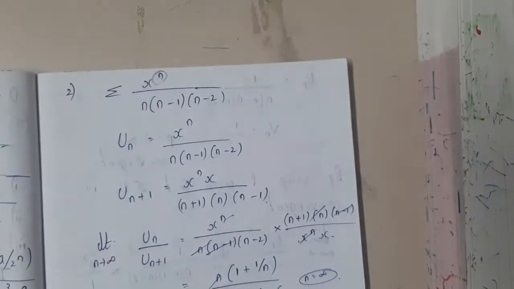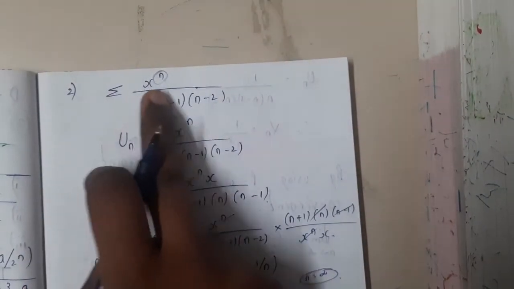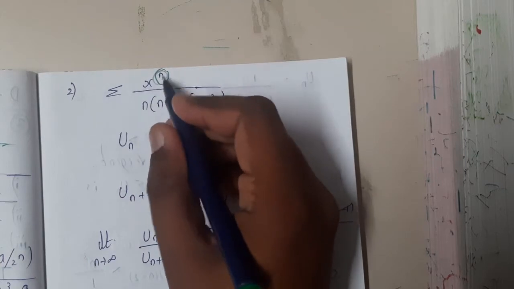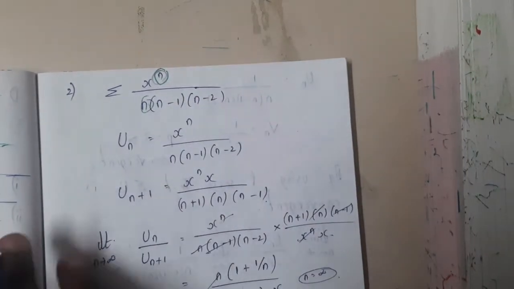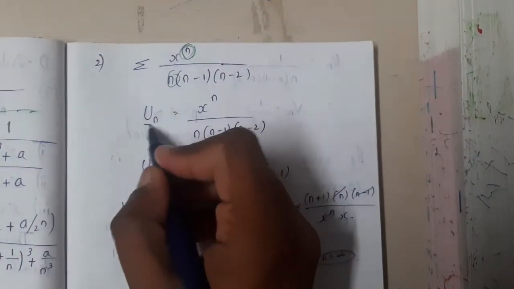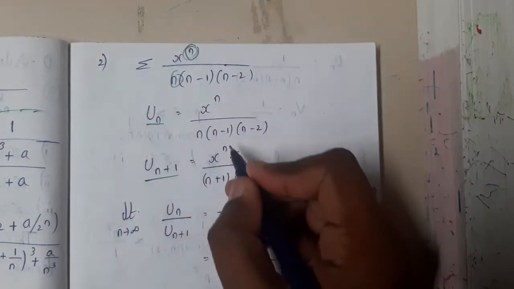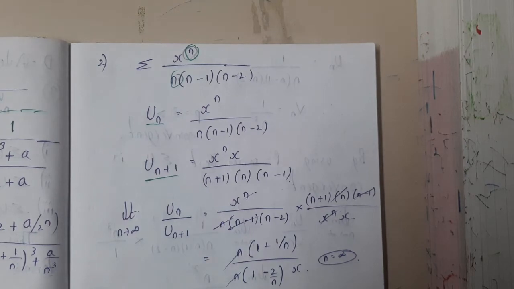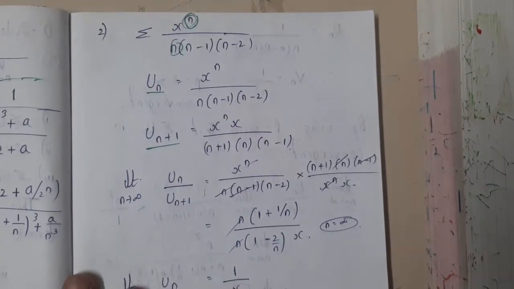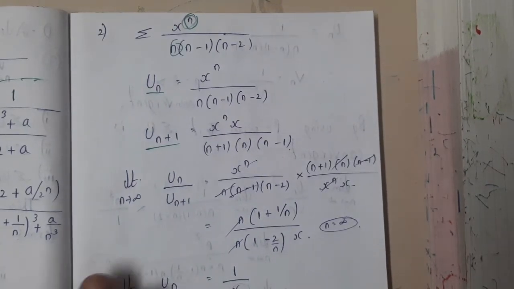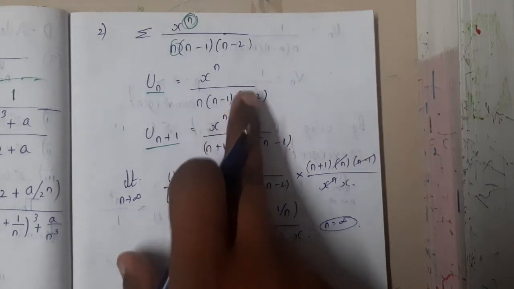Similarly, the next question is again in the same format. So one number is in power n and the other is in the normal denominator. In this situation you'll again be solving un by un plus 1. So in place of n, place n plus 1, guys. Okay, so I forgot here, or it should not be there, it should not be there. Okay, yes, so you'll be solving it again, you will be dividing it.